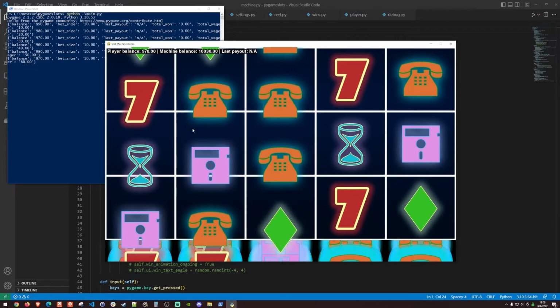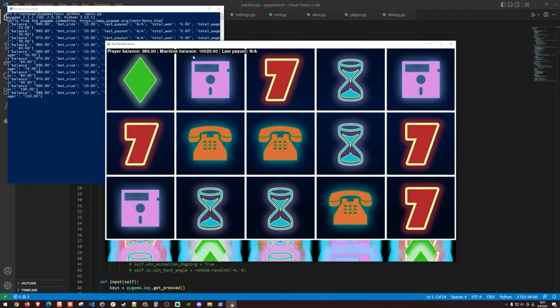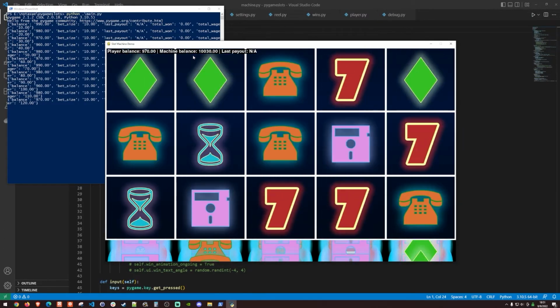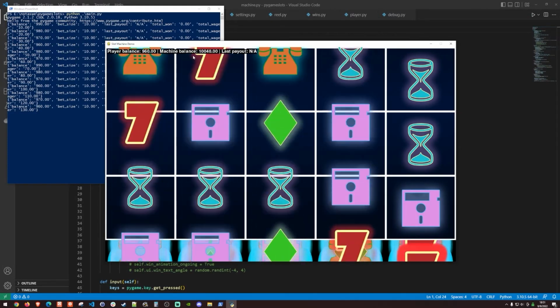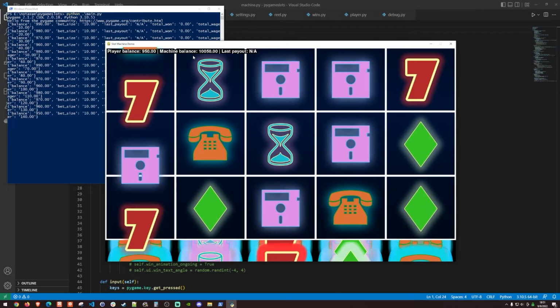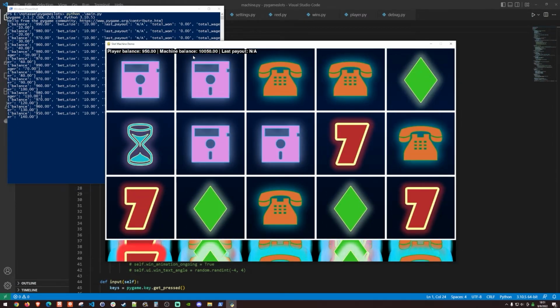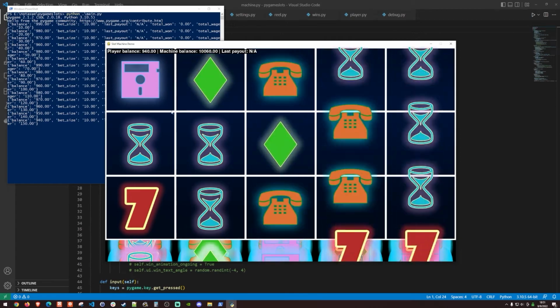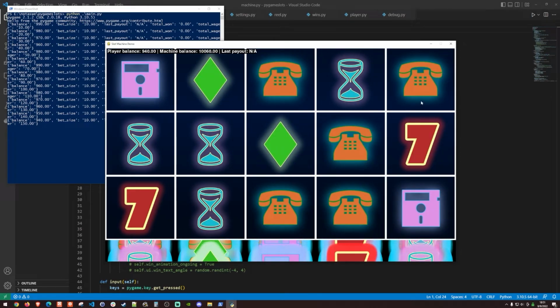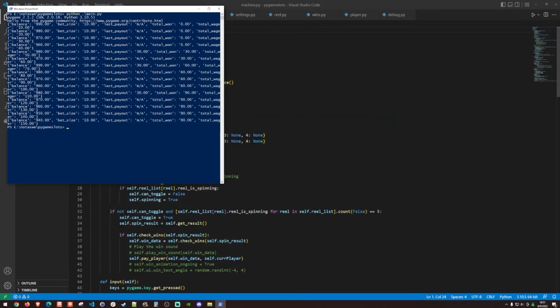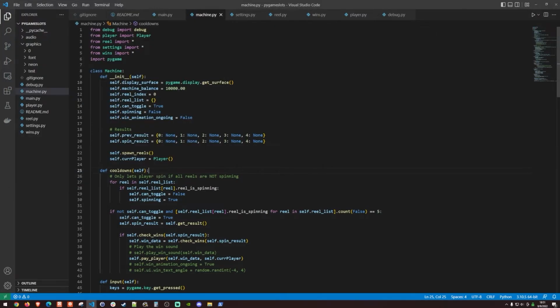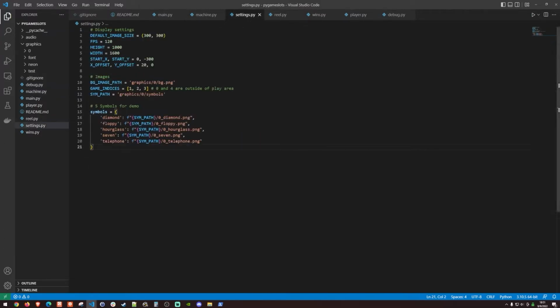And this will work pretty nicely. The issue is it's hard to get a 4 or 5 symbol match, right? Because it's statistically rare with the number of symbols that we have in our reels and the fact that we're doing random. So I can actually increase the odds of that. And in order to increase the odds, I will go over to my settings file, and we'll just remove,